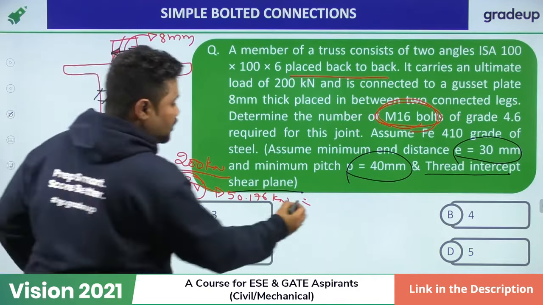Coming to 4 bolts, I can mention option B is the number of bolts is 4. They are not expecting the bolt value. They are expecting the number of bolts. Okay, so next one,